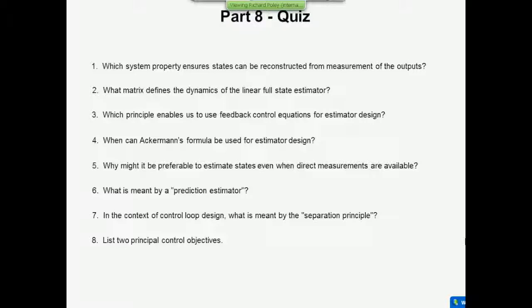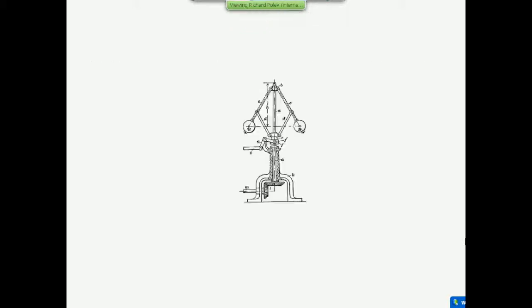And the two principal control objectives, who remembers this from day one, slide 1? You're getting there, it's almost right. Reference tracking was 1. Don't you give me the second one. Reference tracking was 1. What was the other one? Oh, almost. Disturbance rejection. You want perfect reference tracking in the face of disturbances, be they noise, changes in load, parameter variation, whatever they are. Those are the two principal control objectives.